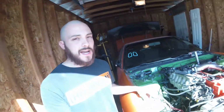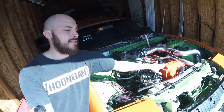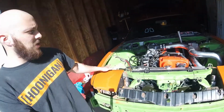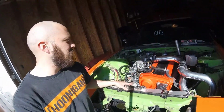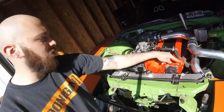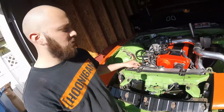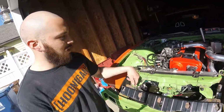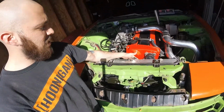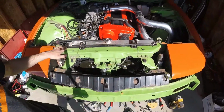So we got RB25, the Neo from the R34, GTST, I believe, or GTT. We got CX Racing intercooler pipes. I wanted to do a regular intercooler with opposite side, but obviously there's no room here, and I actually even notched out the front core a little bit,